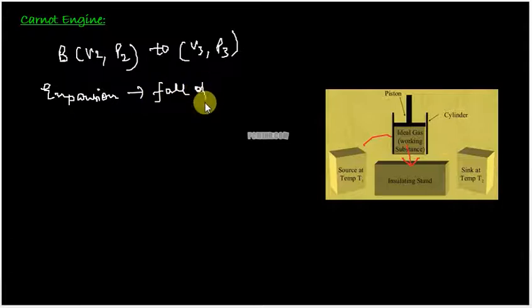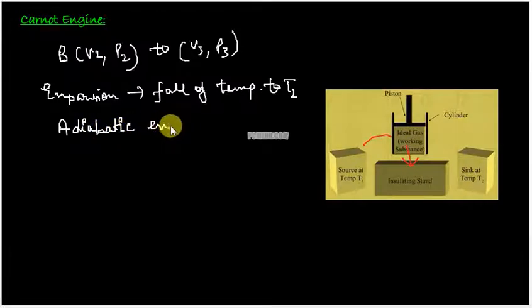So now it's no more an isothermal expansion happening. The temperature falls to T2. So this time we have the adiabatic expansion going on, where heat exchange with the surroundings is not allowed. So whatever heat it had absorbed all went into the expansion, and further it kept on expanding,